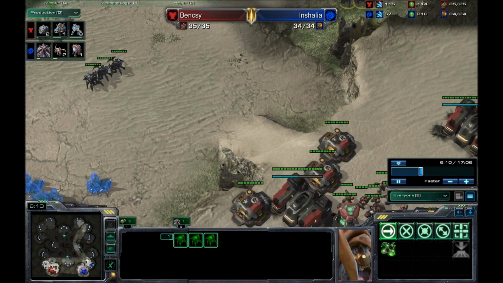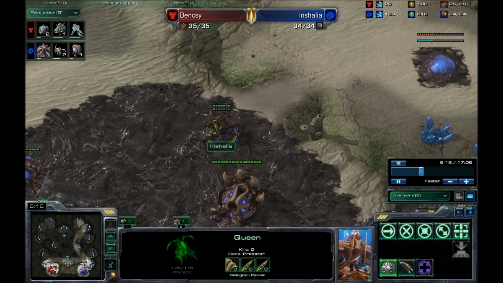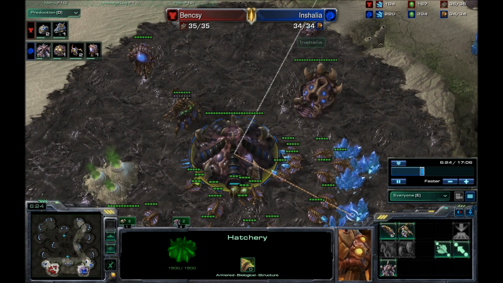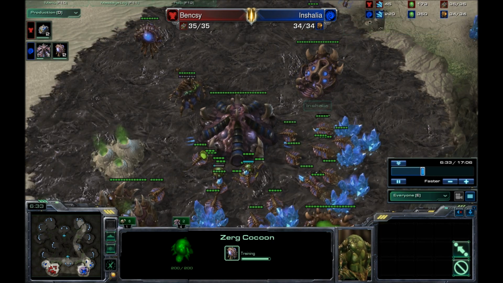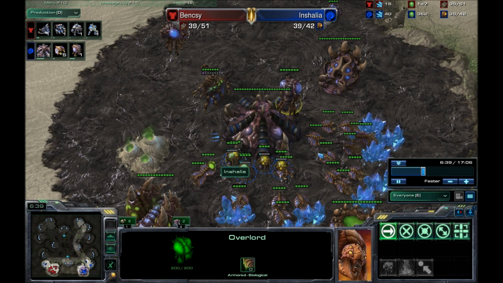6 roaches aren't going to push that for me. Sorry guys, bit of a view on there. I realised I haven't got much money here, and I've got a lot of larva, so I decided to skip the inject to get my first creep tumor out. I realised I've supply blocked myself, as he's done as well, so those new larva aren't doing anything